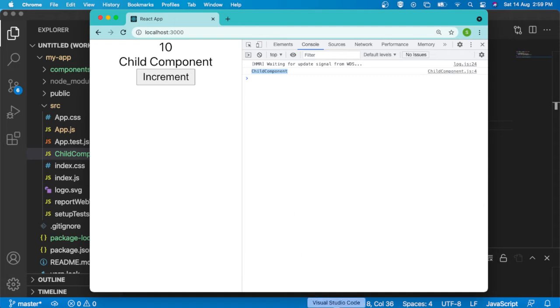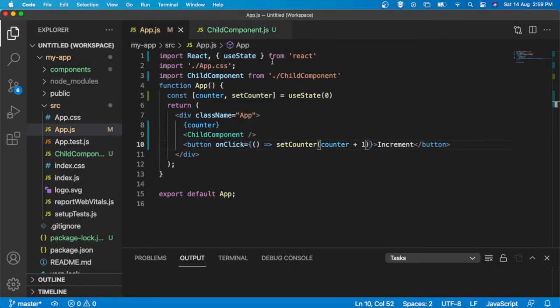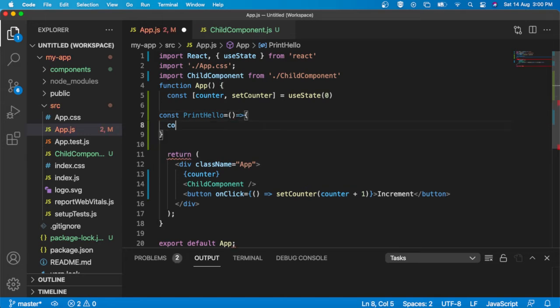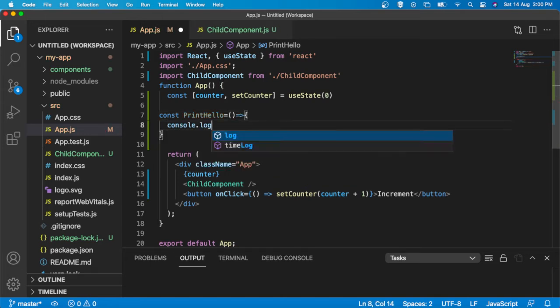Now inside this app.js I am going to declare one function, const printHello. Inside that I am just adding a console.log print value.